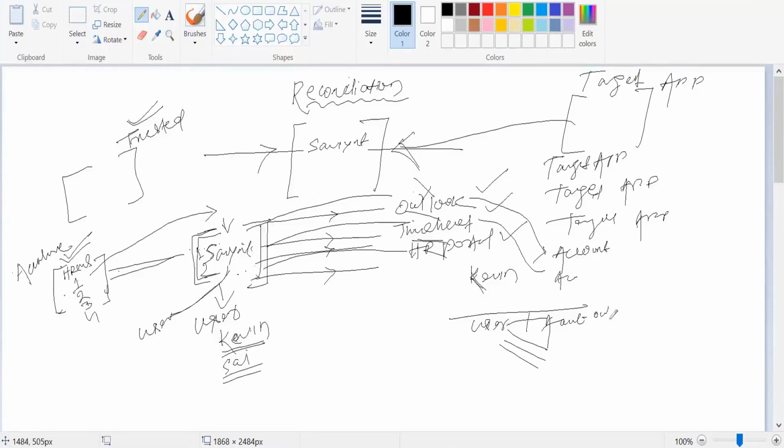Like your Outlook account, your timesheet or HR portal. In the real world, we have so many accounts: we have an account in Insta, in Facebook, in Gmail, in different applications, but we act as a single user. The same way in the corporate world also,